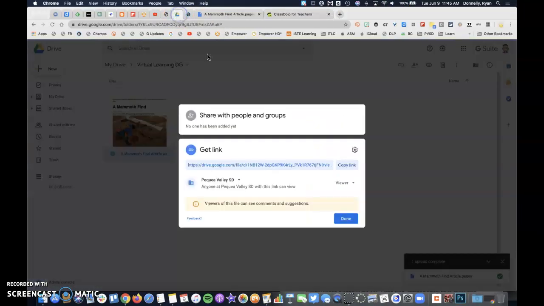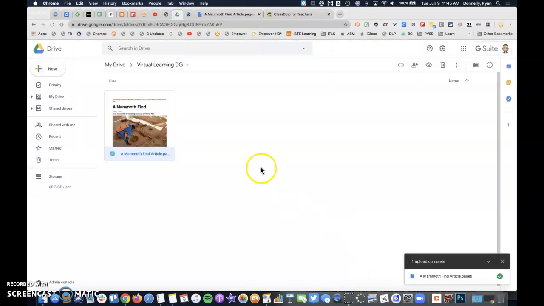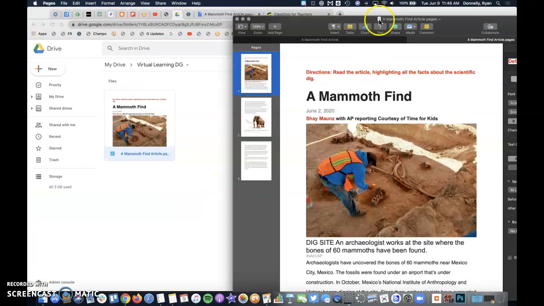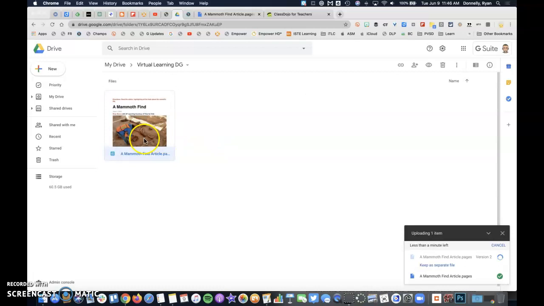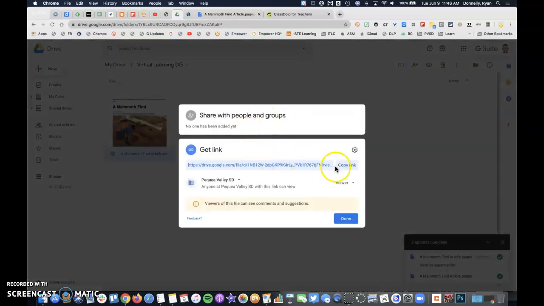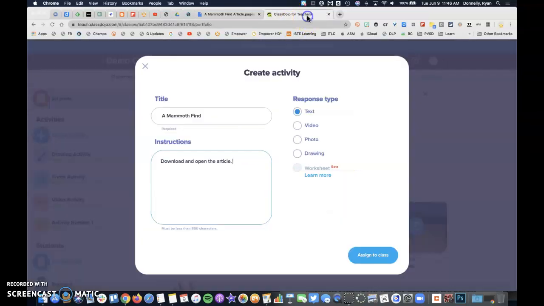I'm going to navigate to Google Drive. And I placed the article here in Drive. I simply did that by taking the Pages icon, dragging it into the space, and there it is. I can go ahead and grab the share link, come back over to Class Dojo,